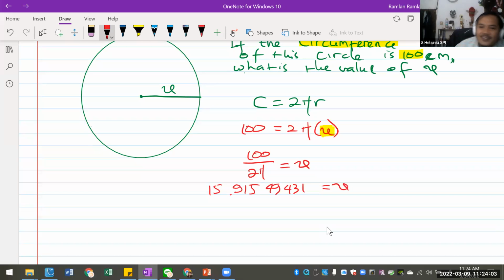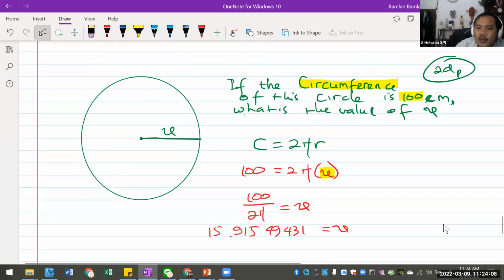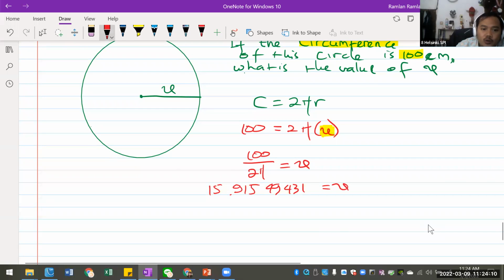15.9154941. Right? Since I'm asking you to write the final answer in 2 decimal place, so you only need to see 2 decimal place in here, but